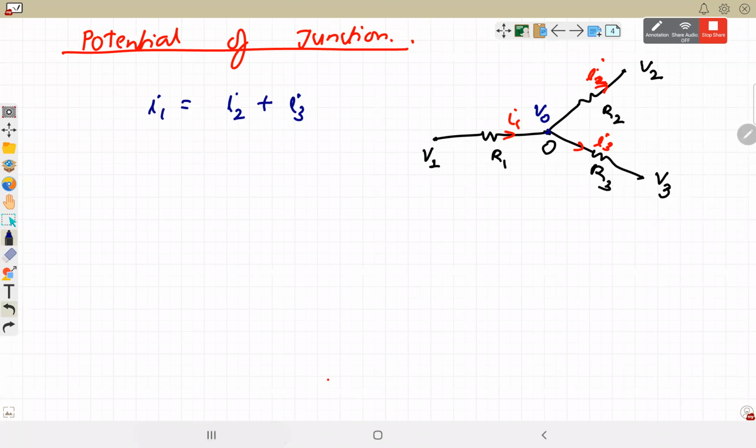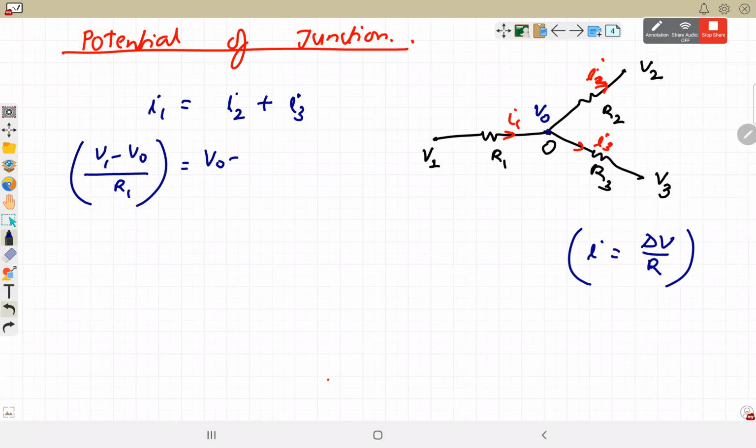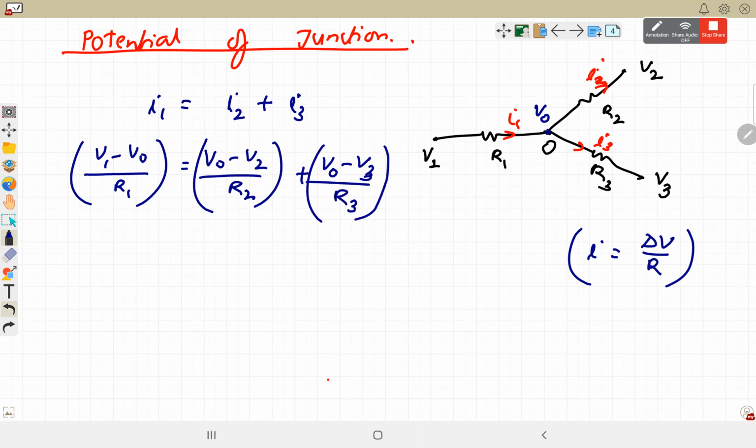So in that case, current I is equal to delta V by R, potential difference is I times R. Using Ohm's law, (V1 minus VO) by R1 equals (VO minus V2) by R2 plus (VO minus V3) divided by R3. So by applying the junction law, VO is the potential of the junction that we can calculate from this equation. At any junction, the total current that enters must be equal to the total current that leaves the junction. So on solving,